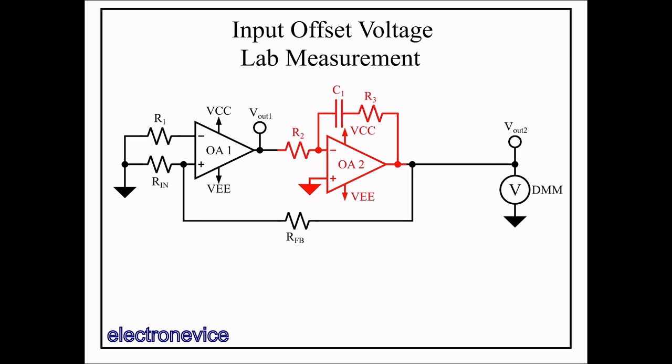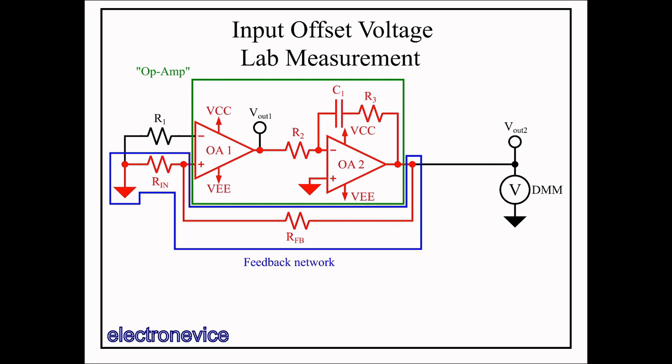The difference is that an integrator containing OA2 is in series with OA1 inside of its feedback loop. Let's ignore this for the moment, seeing that it only serves to increase the overall open loop gain of the system, and thus we can treat the combined two op-amp circuit like a single op-amp circuit in non-inverting configuration.